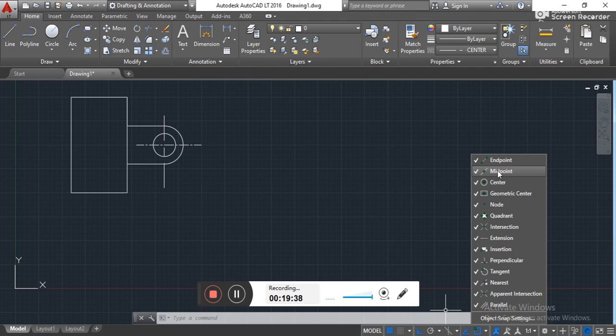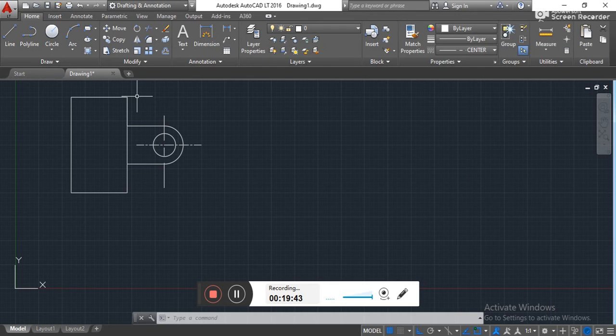It's showing that midpoint is highlighted. Okay, now if I move to this line and slide over here, you can see this triangle shows me a midpoint. Okay, now I will draw a line.